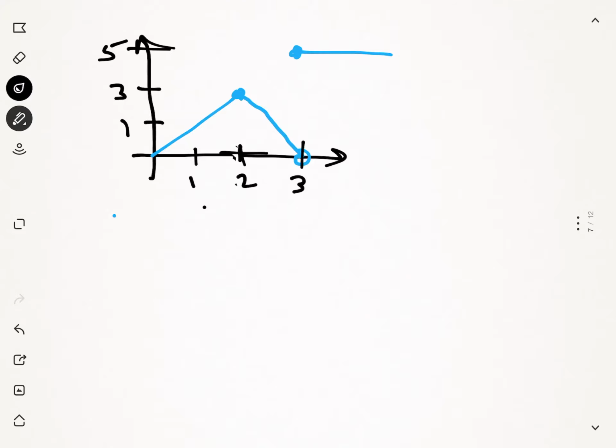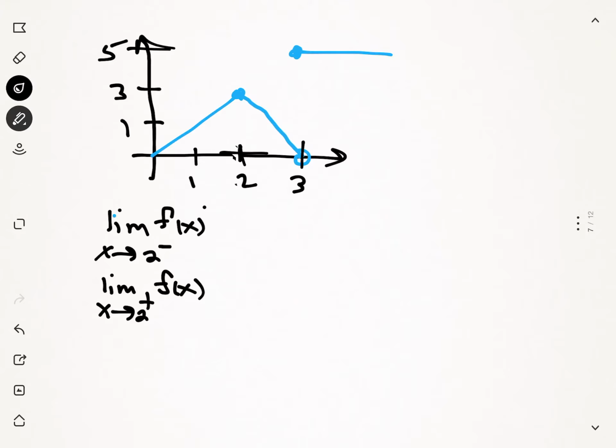Here are some questions we want to look at. We want to look at the limit as you approach 2 of the function from the left. The limit as you approach 2 from the right of the function. And 2 from the left and right. This is A, B, and C. D,